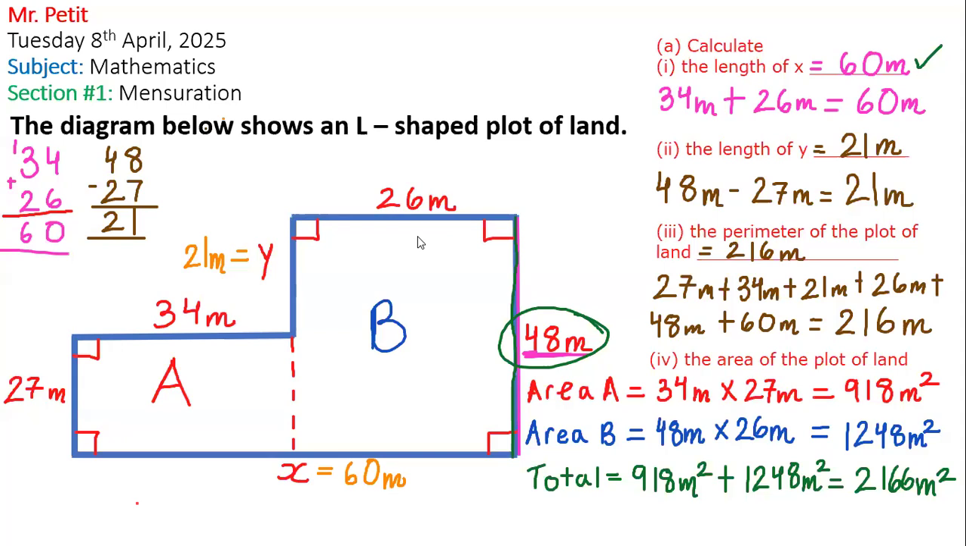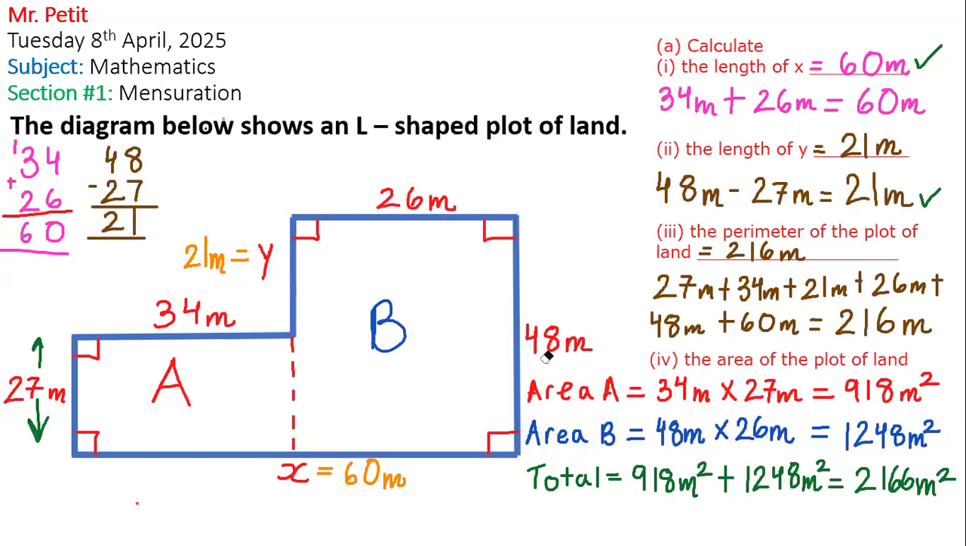Okay, basically we know that this length is from 48 all the way down here. And so we also know that this length is from here to here, okay? So what we need to do is subtract. So we say 48 minus 27, and 48 minus 27 is 21, and that's how we get the 21 here. Now that we got the 21,